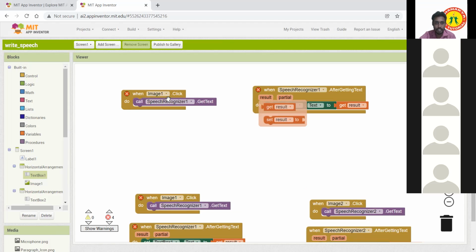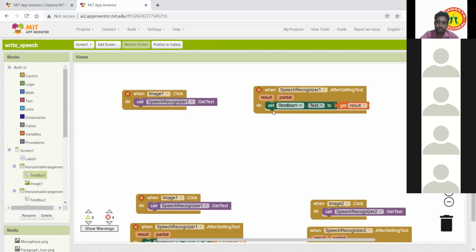If speak recognition get text is on, it will start recognizing speech. If you say hello, it will convert the voice into text and show it in text box 1. It will just print here in text box 1. After this, copy and do the same for all four.